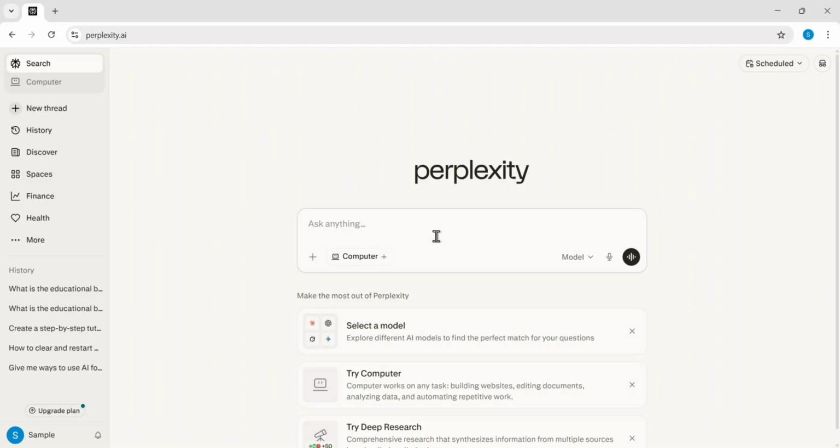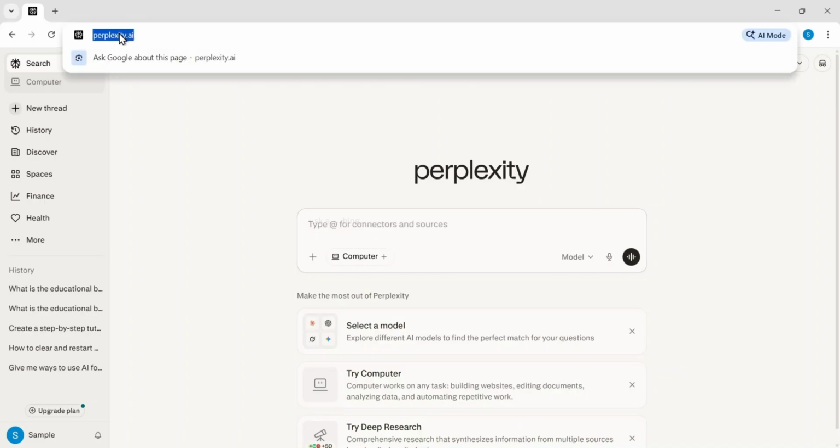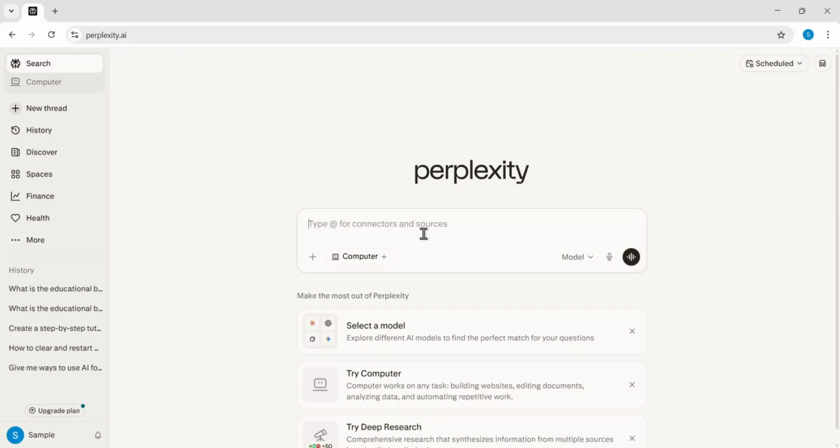In this video, I will be showing you how to use Perplexity AI to generate quick definitions. Let's get started. I'll begin by navigating to the search bar and typing in my first query, what is a